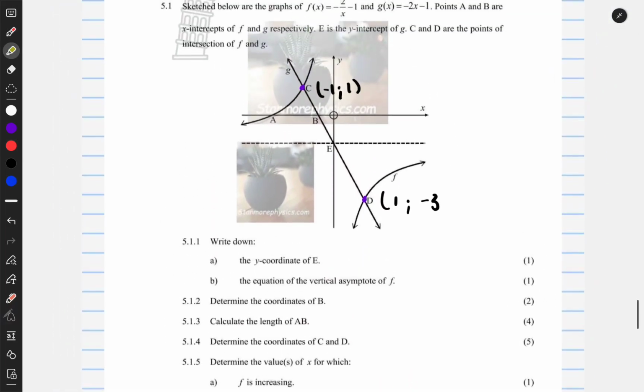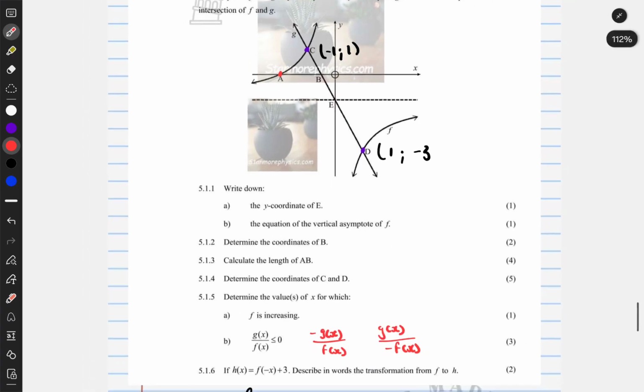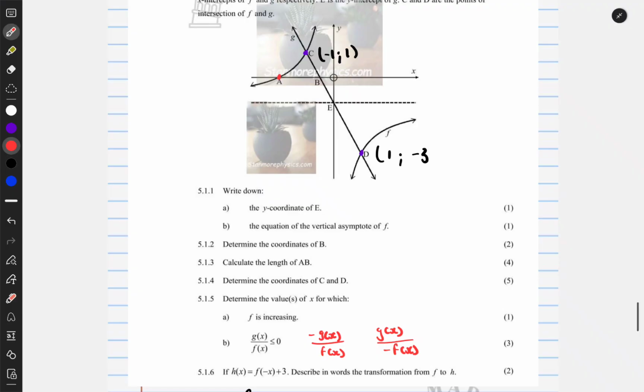We can see that here from positive infinity to this point here, to that point A, the f function is negative, while the g function is positive. So a ratio between those two functions will yield a negative outcome. So any of the x values below a,